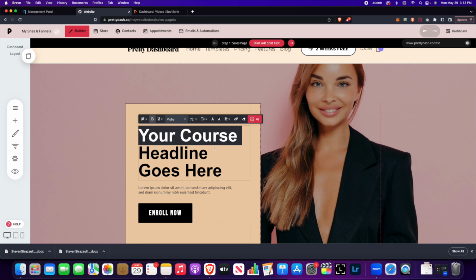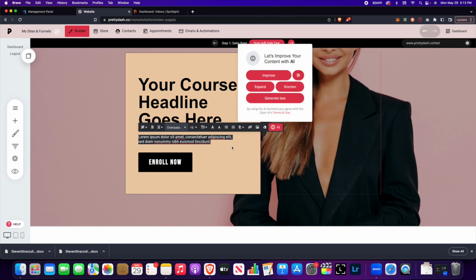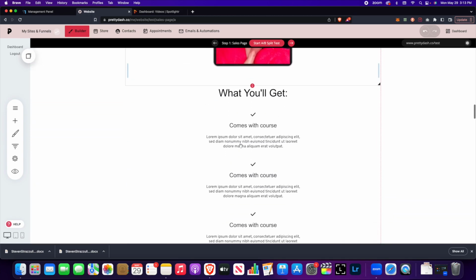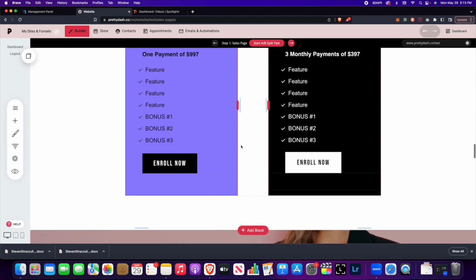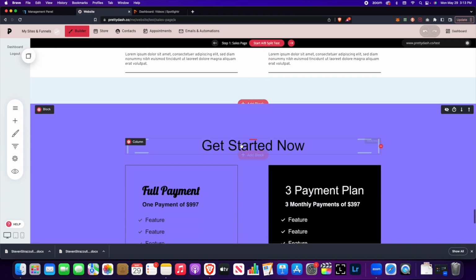You can change your text here. If you want to write something here and change it, you can do that as well. And you can even use the AI feature to have it written for you. So go ahead and do all of that. We will link all of the buttons and everything at the end, so don't worry about that. Just go ahead and change the text, change the pictures, put your information in here, and we will move on